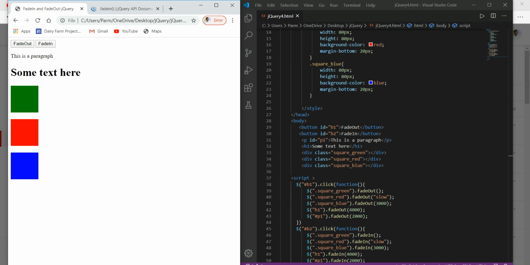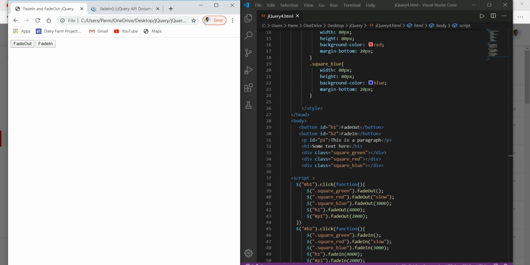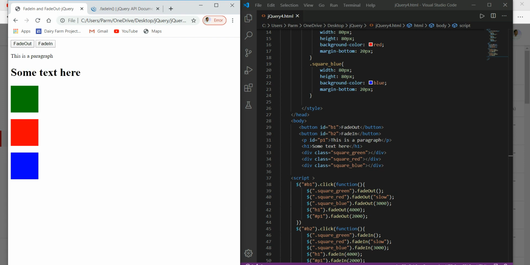Here we just wanted to take a single button. How can we make a single button over here? Look at this fade in. If I'm clicking on this fade in, nothing is going to happen, and if the text has once faded out and I click it again, nothing is going to happen. I just wanted a button in which, if I click one time, the text will fade out, and if I click again, the text will fade in. How can we achieve this?